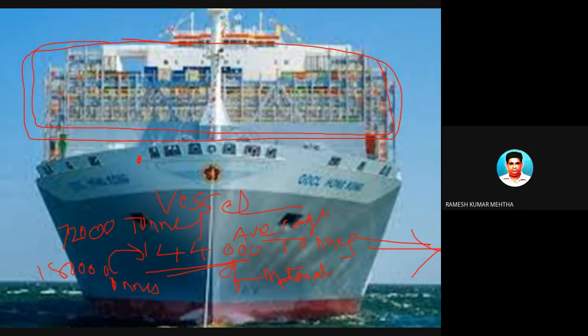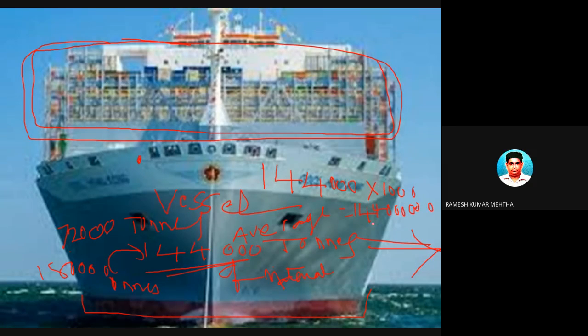Now you can imagine how technically this particular ship is built, which can accommodate on average 144,000 tons of material. 144,000 tons is nothing but 144,000 into 1,000, that is, 1 ton is equal to 1,000 kilos, so it is 144,000 followed by three zeros.